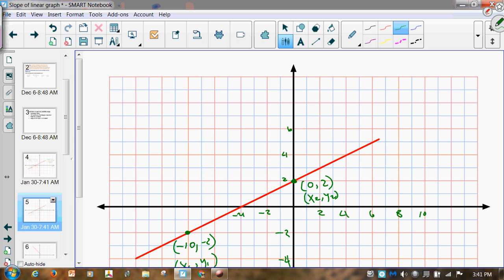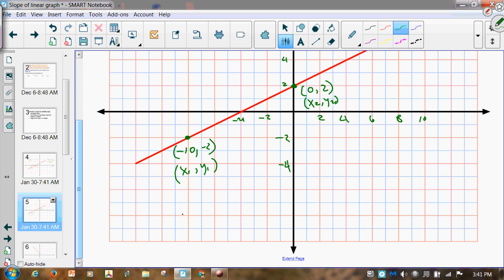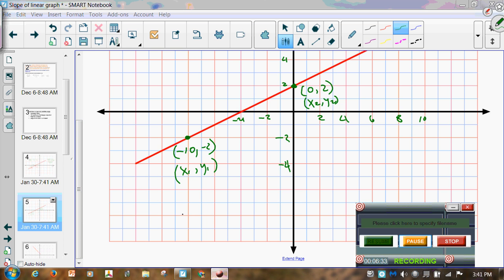Okay, so let's take this same slope, and we're going to look at the values that we have here. 2, 4, 6. Hang on, I'm going to pause this and make a change. I'll be right back. Okay, I'm back. I caught a place where I'd put a wrong value in, so I wanted to change that